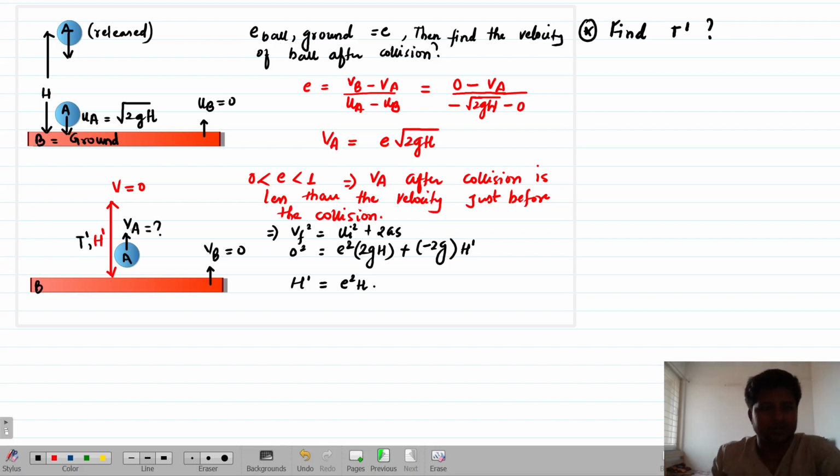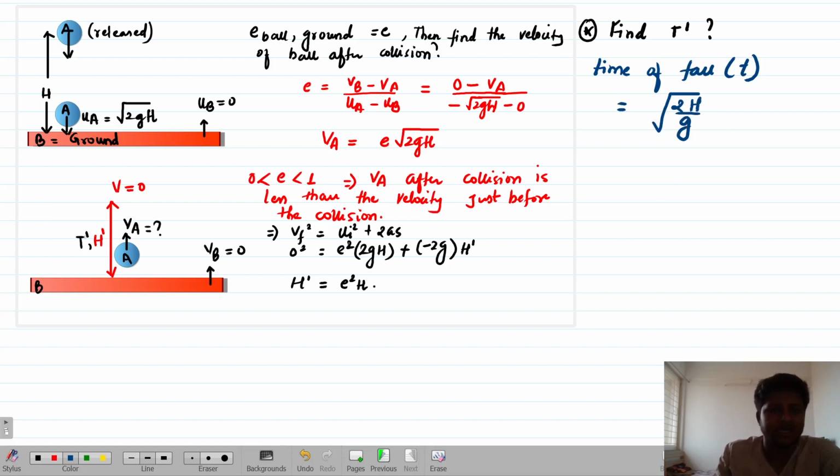Okay, so let us do this first. Try to understand. See, जब बॉल रिलीज हुआ तो कुछ ना कुछ टाइम लेगा वो फॉल करने में ना. तो टाइम ऑफ फॉल पहले तो निकालना जरूरी है. First is time of fall, which we call it as t. ओके, तो कितना है ये टाइम ऑफ फॉल? Nothing but root under twice h by g. यही होगा ना. हमें निकालना है t dash for how much time.